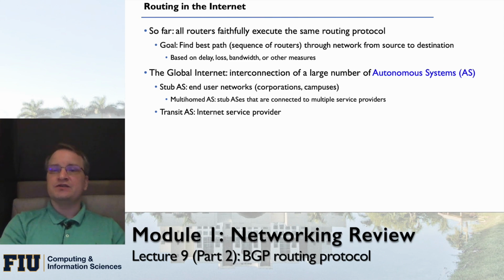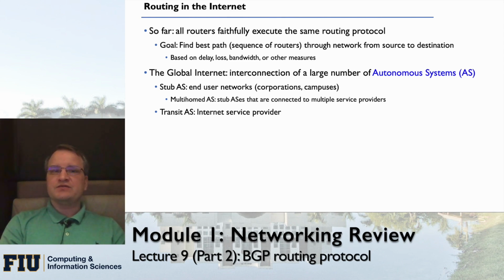Inside this autonomous system, you can run some form of intra-domain routing protocol, like RIP. Nobody really does this, but a lot of people use OSPF, and there's also a similar protocol, the one I briefly mentioned before. We can highlight, I think in one of the lectures I already mentioned, stub and transit ASes. These are just a definition of what their role is as part of the global routing.